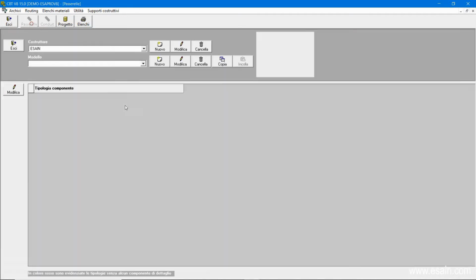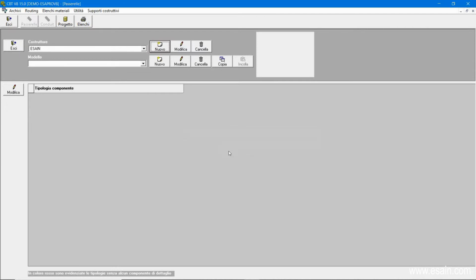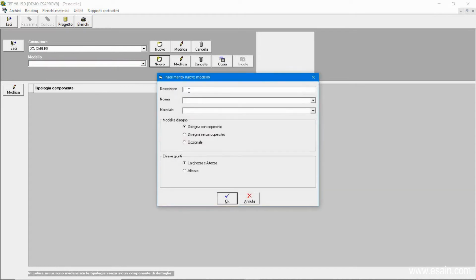The ASA Pro catalogue is fully customizable, so you can enter a new manufacturer or a cable tray model at any time. For example, we add the ZA cables manufacturer. And within this manufacturer, we are adding a new product, ZA Model 1.